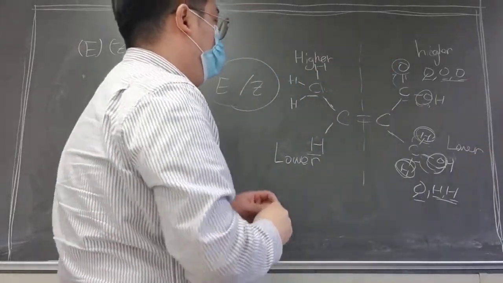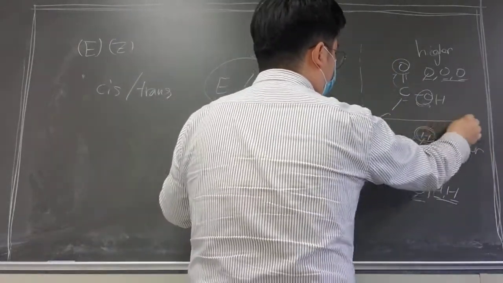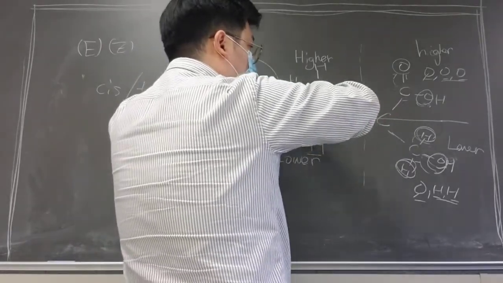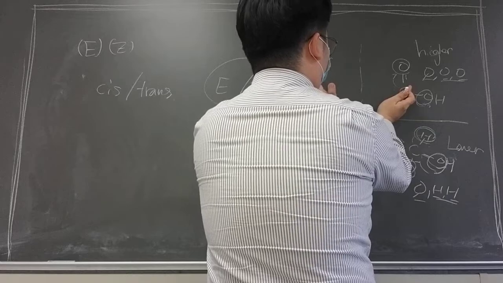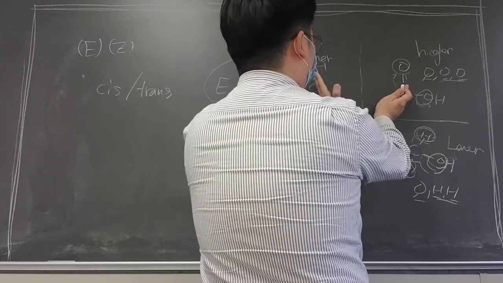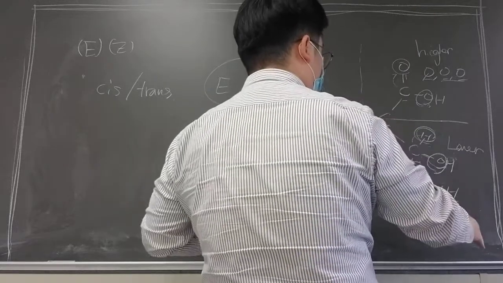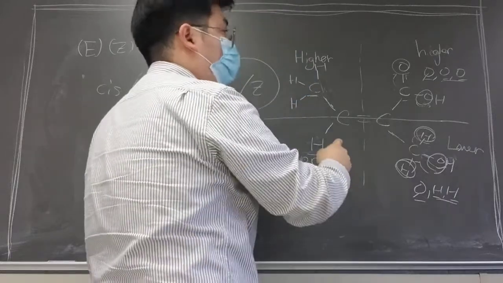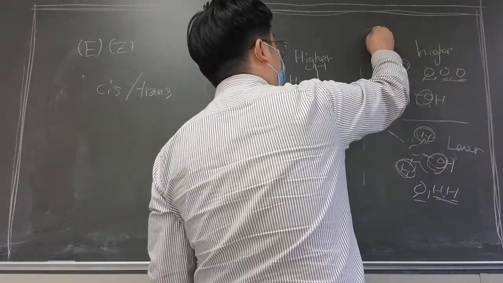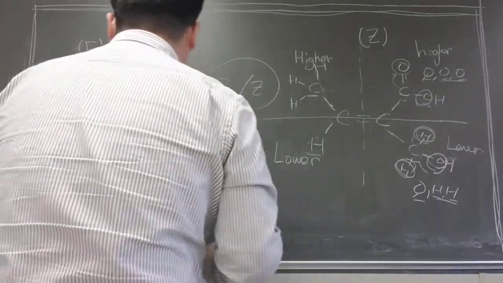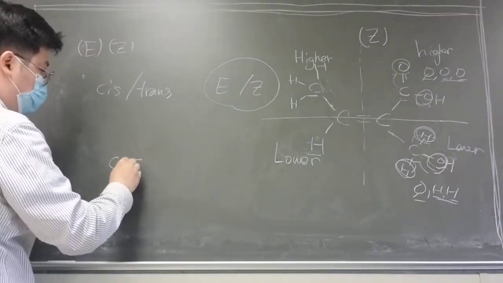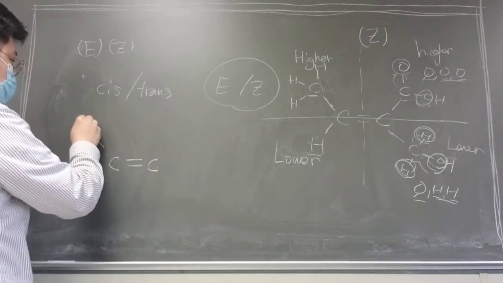If you look at this double bond here, if the higher priority ones are on the same side, like this way, and the low ones on the other side, we're going to call this the Z configuration compound. If it's not, then maybe you can have